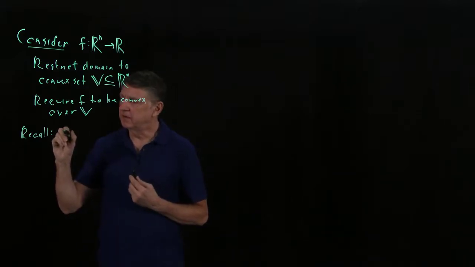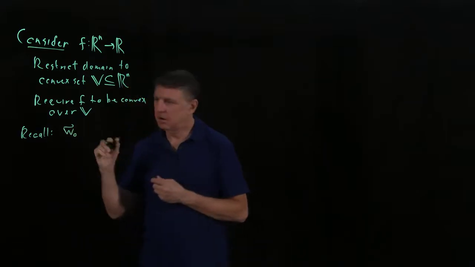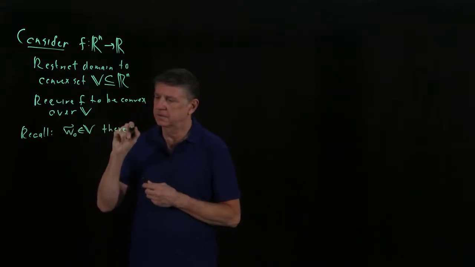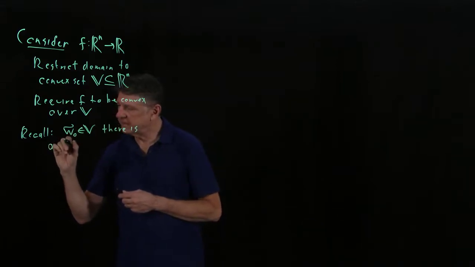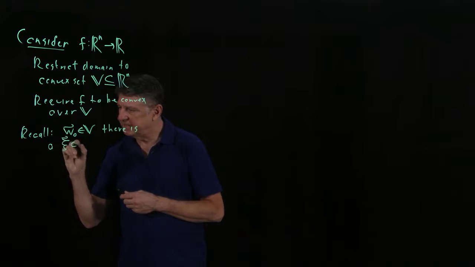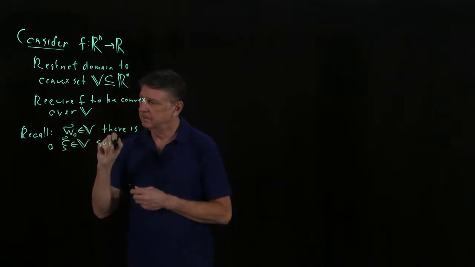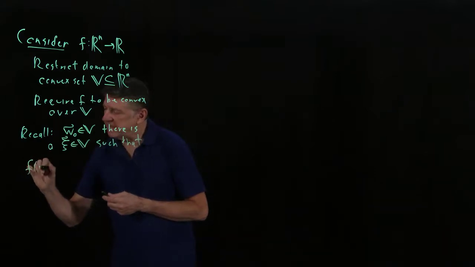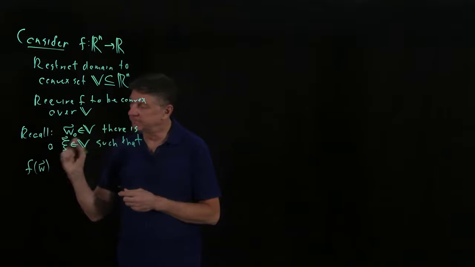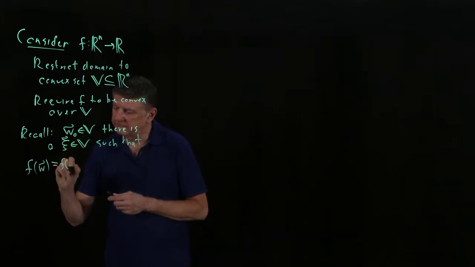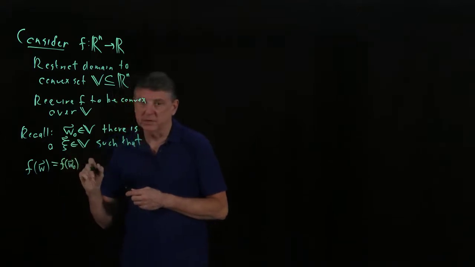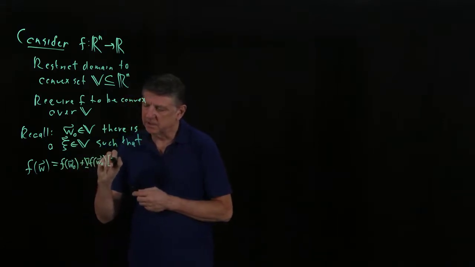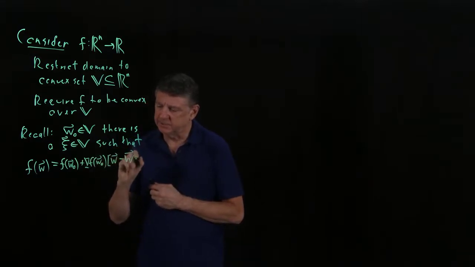And that is that for any particular vector that is in this convex set, there is a vector, and this is usually written as a vector C, that is also in that convex set, such that, and so this is the vector form of the Taylor series, the function at any argument that is in the convex set V can be expressed as, we can evaluate the function at that particular point, and then we can add the gradient one form of the function evaluated at that particular point times the difference between our argument and that particular point,